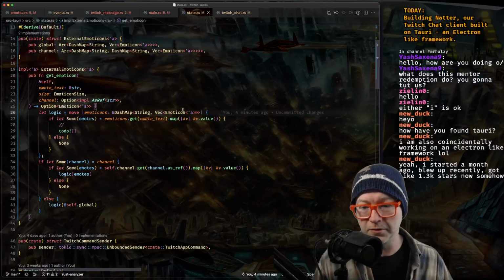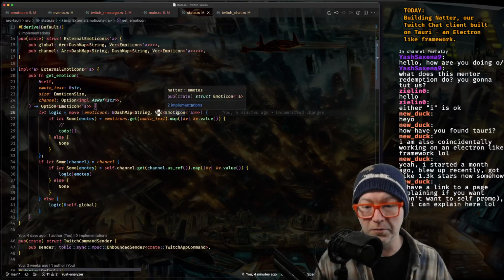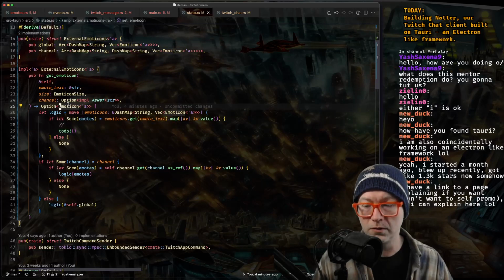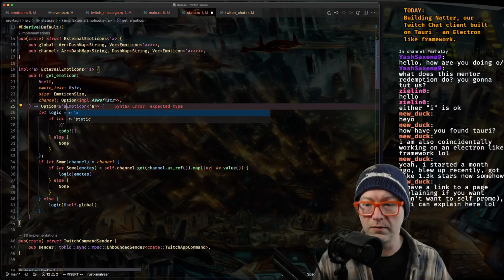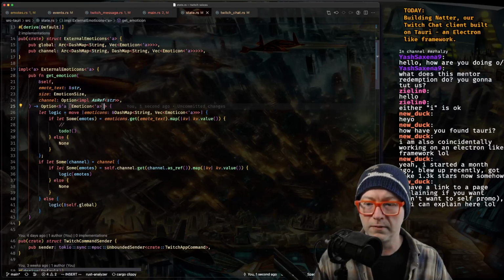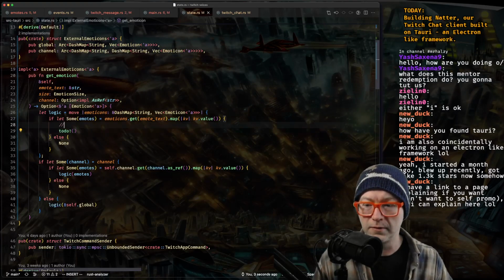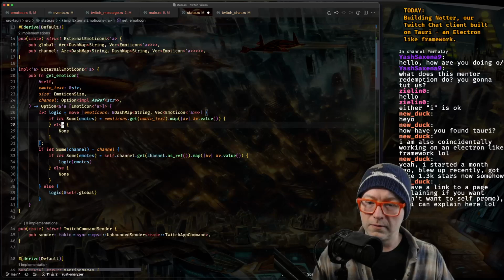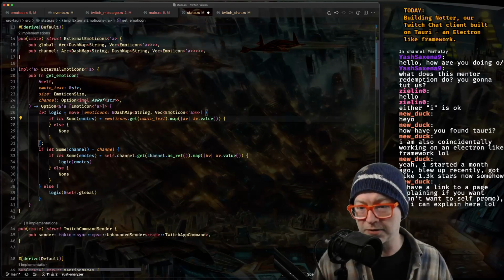So we might have to return all this vector of emoticons. And then the UI has to pick the size.